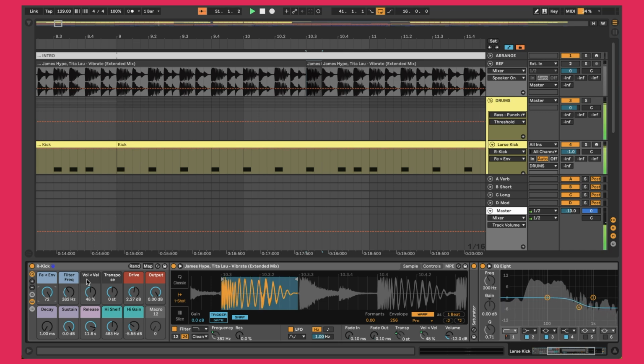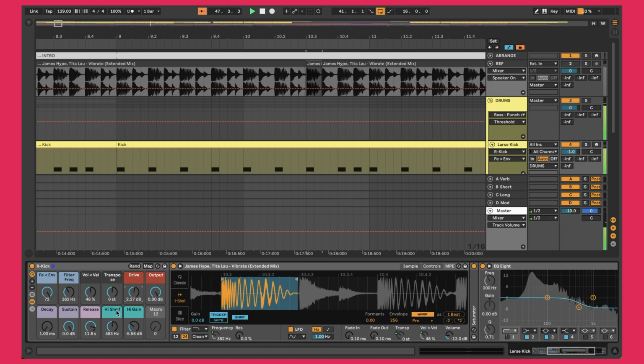And other than that, there's the volume to velocity. I usually dial this up. It's usually about, I think, 30% is where it starts. I usually like to bring it in so it just sounds a little bit fuller and more impactful. I have transpose set up in case I need to do some adjustments. And then I think I'm using Ableton Saturate, just to bring in some saturation and fill out the sound a little bit. And then I do have some quick decay, sustain, release knobs here to dial in the tightness of the track,